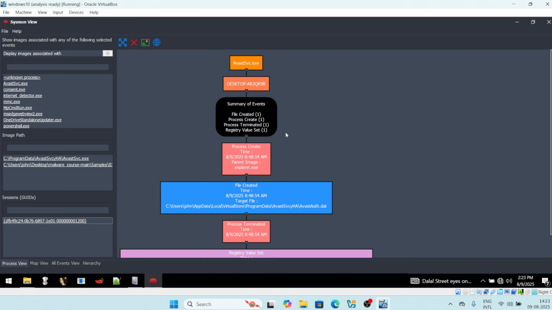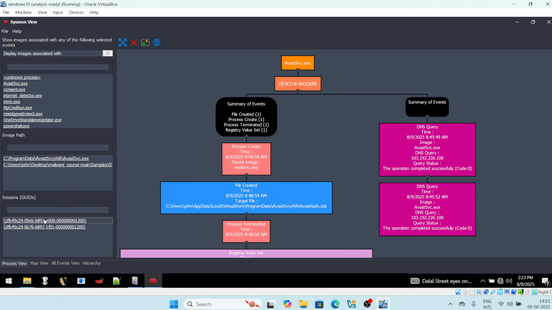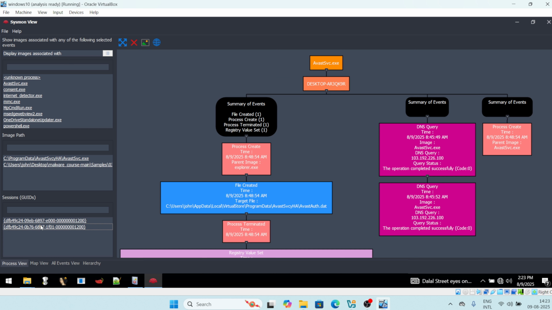Here you can see that a graph has been generated. Meanwhile, we will generate our graph for the program data location as well. Then we will click that and click this again. Now, this is the complete graph which has been made on this. You can see on the top, this is the avast svc.exe file which was executed. This is the computer host name where it was executed. In the first tab, it shows that it created one file, created one process, then terminated one process and